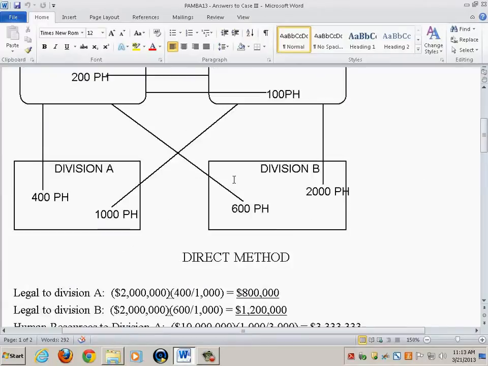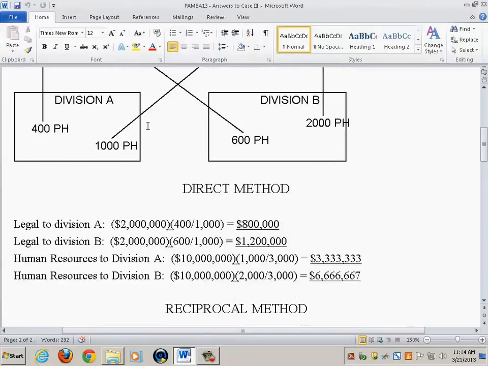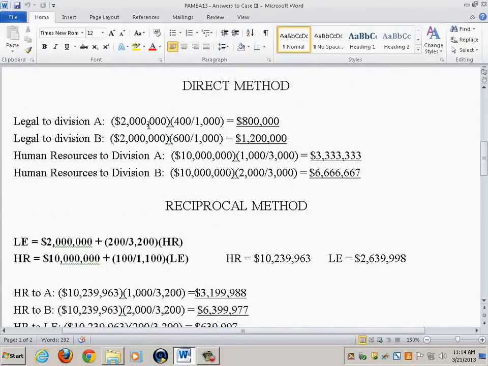And the reciprocal method really wants to take into account the reciprocity between human resources and legal in the exchange of resources. And the exchange of resources occurs simultaneously because legal renders legal services to human resources, and simultaneously in return human resources renders services to legal, and this exchange occurs simultaneously. So in order to capture that, the simple mathematical tool is simultaneous equations. And since we have here two support units and two operating divisions, we're going to have two simultaneous equations with two unknowns. And the simultaneous equations are set up here. I'm just highlighting them,